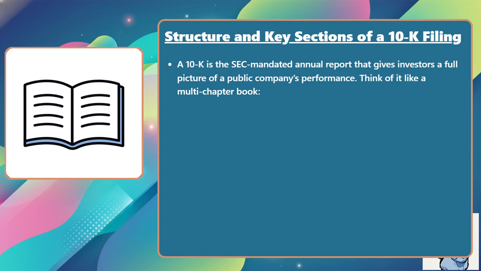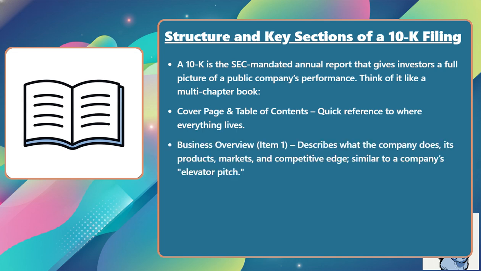A 10K is the SEC-mandated annual report that gives investors a full picture of a public company's performance. Think of it like a multi-chapter book. Cover page and table of contents: a quick reference to where everything lives. Business Overview, Item 1, describes what the company does, its products, markets, and competitive edge, similar to a company's elevator